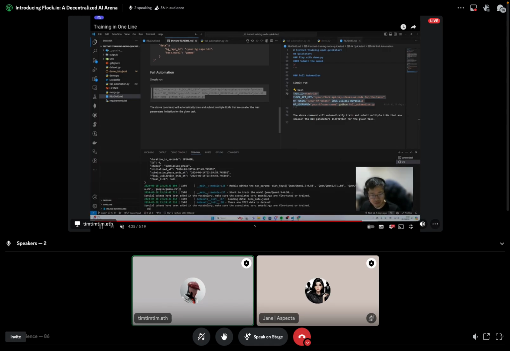You'll see here we have Qwen 0.5, then Qwen 1.8, apologies for the early mistake, and then I think Qwen 7 billion. We also have Gemma 2 billion and Gemma 7 billion. Everything is preset, so all you need to do is run this command. To be very honest, it should be really straightforward.